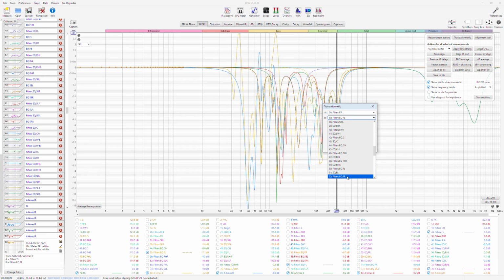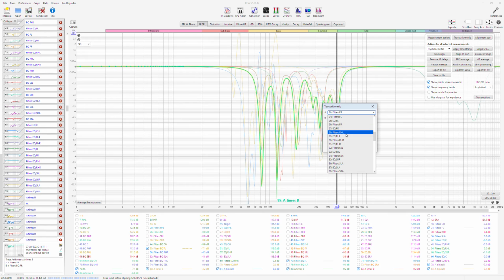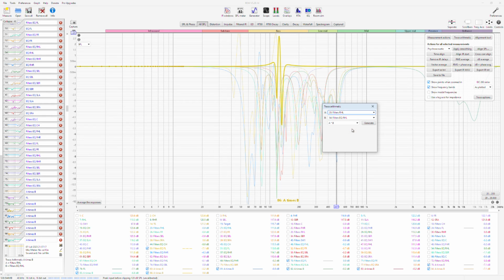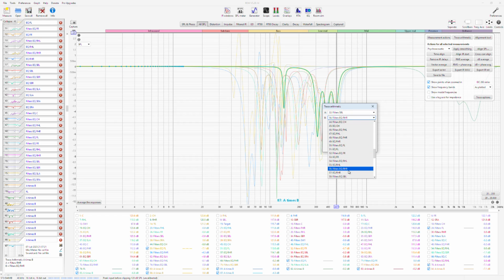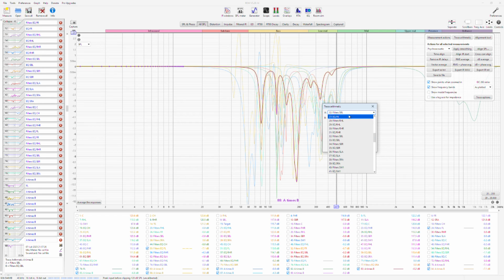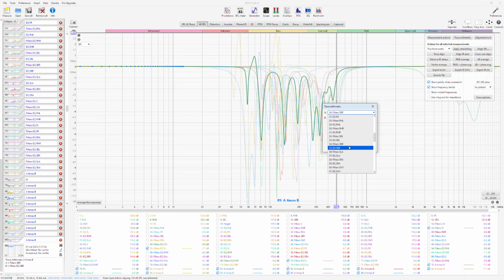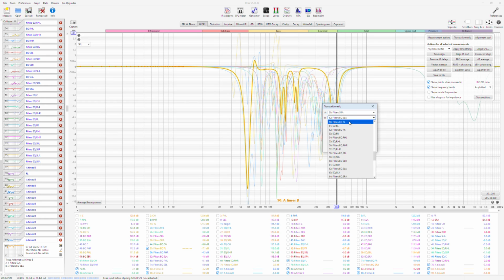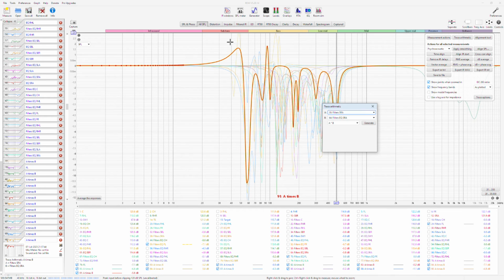Filters FR, EQ FR, filters RHL, EQ RHL, filters RHR, EQ RHR, filters SBL, EQ SBL. So Auro 3D is really a bit of a hassle to correct. There are too many speakers. SLA, SLA, SRA, SRA. You have to check here that you're always multiplying the first two filters. If you see anything going on here, then it means you kind of messed up here.